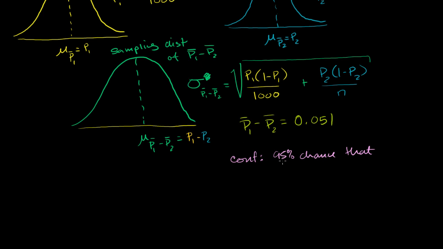So we want a 95% chance that the true value of p1 minus p2 is within some range. Let's say within d, I'll say d for distance, of the actual difference that we got with our samples. Within d of, I'll write that in green,